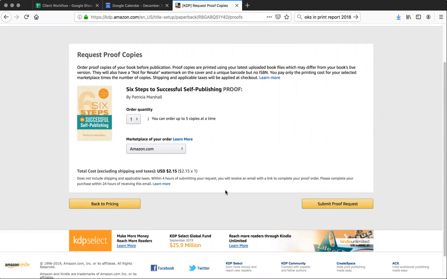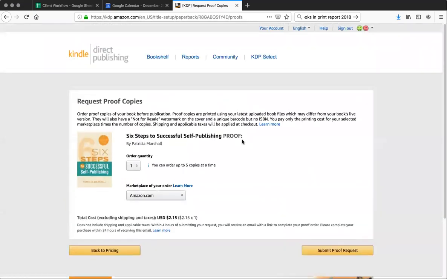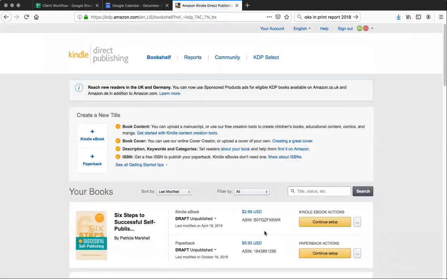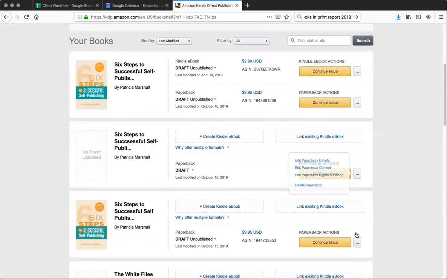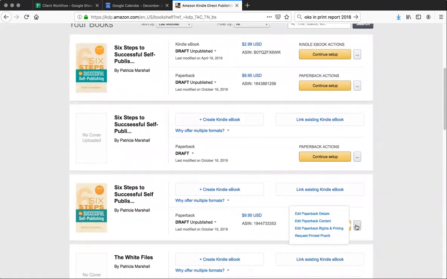But I will say, after your printed proof arrives, and I strongly advise you to get a printed proof of your book before you publish it. It's very inexpensive. It's worth the extra week of wait to not have a mistake. But if you don't have any changes or corrections, you would log into KDP, and then you would be back at your bookshelf. And here's my title. This is my unpublished draft. Actually, I believe it's down here now. And right here,